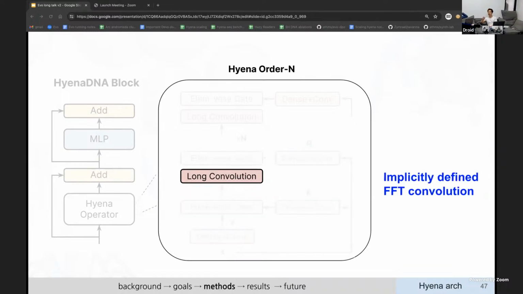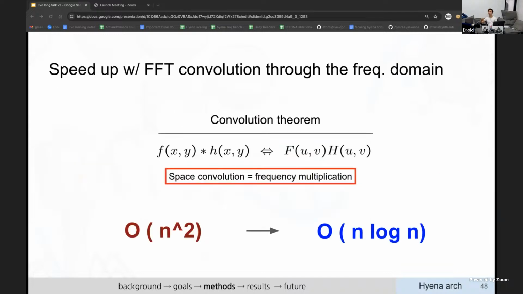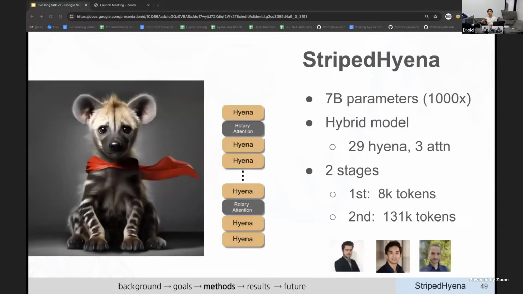There are more details for the long convolution that I'll hint at, but again, I point to the paper for more details. It is an implicitly defined kernel, so we use a separate function to parameterize the weights of the kernel. And then we do the convolution itself through the Fourier domain, using the FFT or fast Fourier transform, essentially to reduce time complexity from an O(n squared) operation to an n log n operation. This is backed by the convolution theorem that I'll also just tease here for a second.